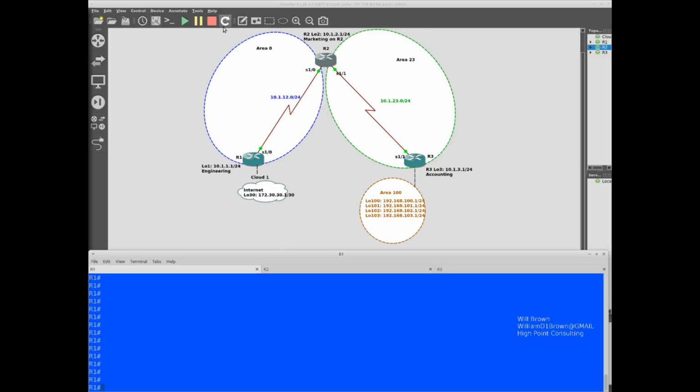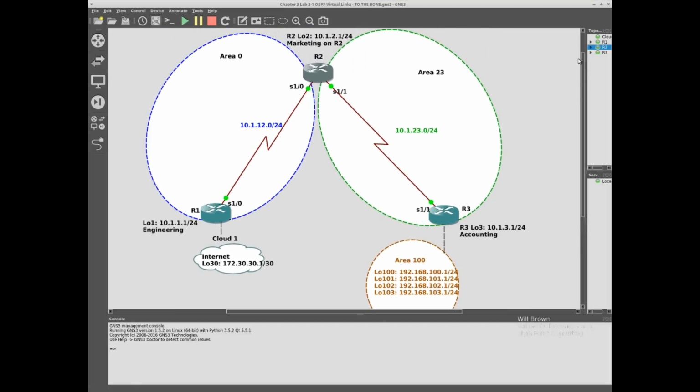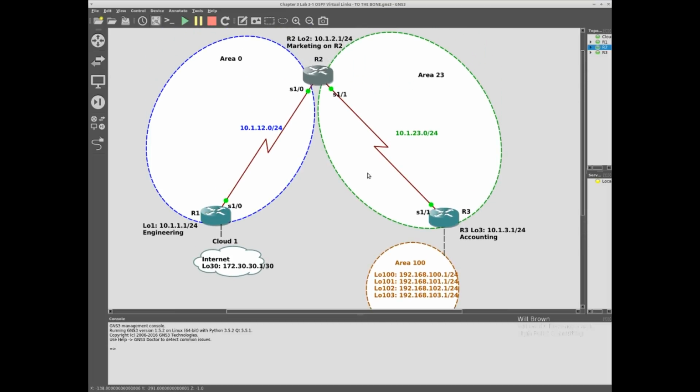So in this lab, what we're going to have is routers 1, 2, and 3. Let me make this a little larger. I've already configured the routers with the interfaces and loopback interfaces. With that, we're going to configure multi-area OSPF and verify that it is functioning and operating correctly.